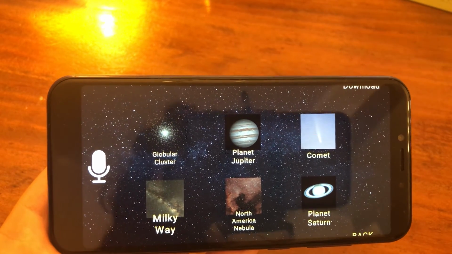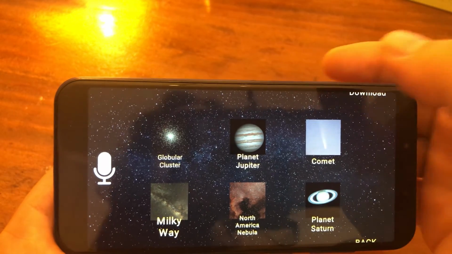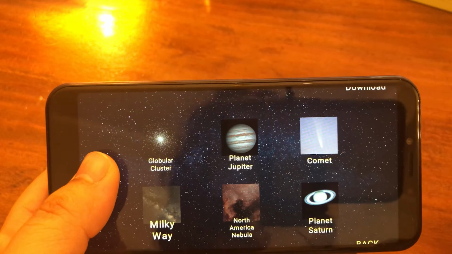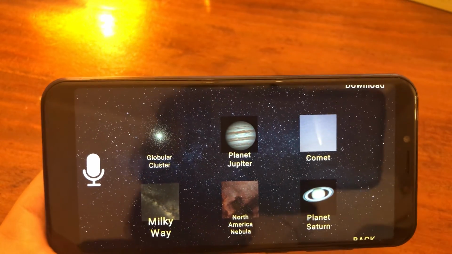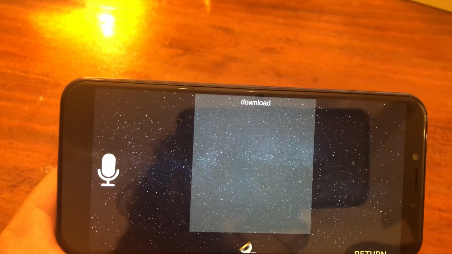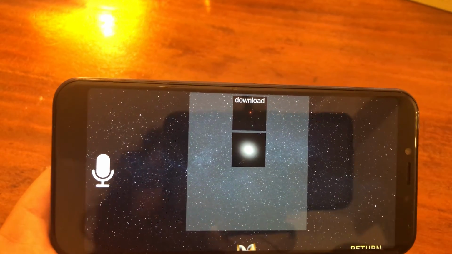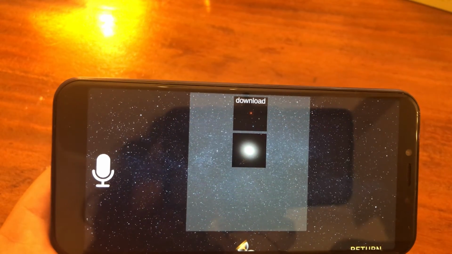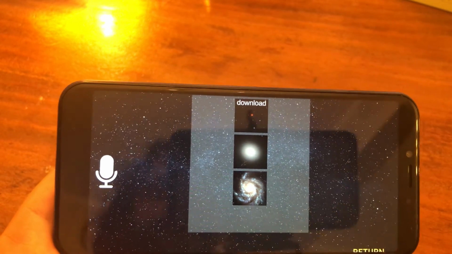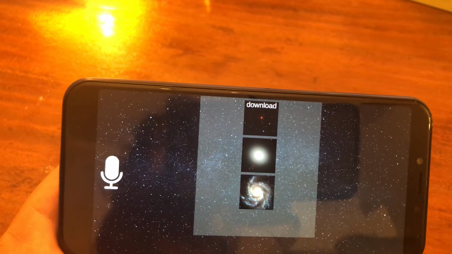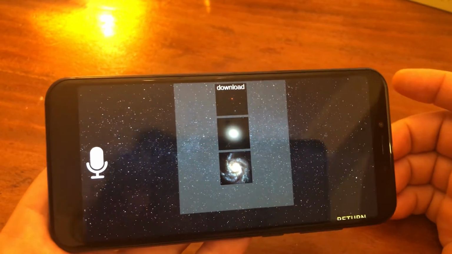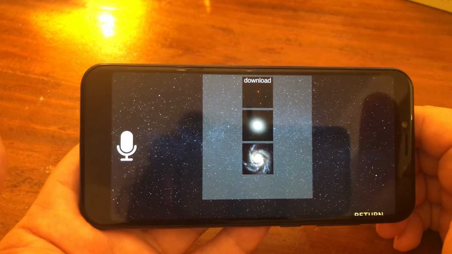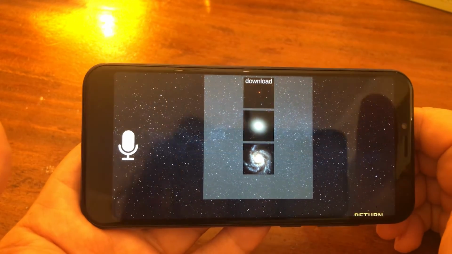And I will choose to press the download button here on top, or actually I will give the voice command download. What download actually does is download images that we put on the A4BD server that are specific to the task we are doing at the time. So here, for instance, I have uploaded a couple of galaxy images so that we can test to see